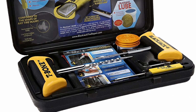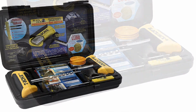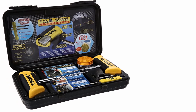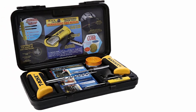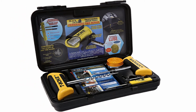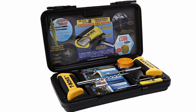The plugs themselves are made from a butyl rubber compound that's designed to last, sealing out moisture and dirt with ease. Also, the kit is made to a professional standard and ideal for emergency roadside situations. With this toolset, you are able to plug a puncture without dismounting the tire, which can save you time and even money. The plug could work with basically all types of tires, so one set is more than enough for